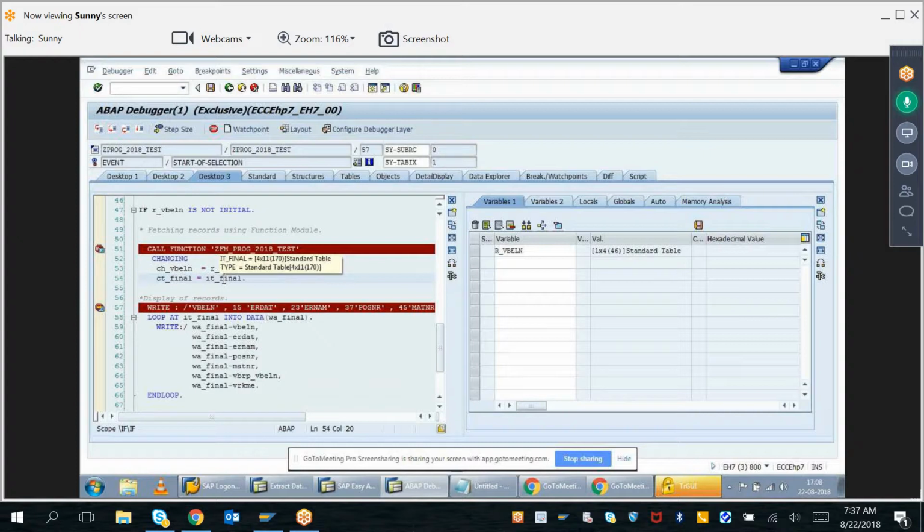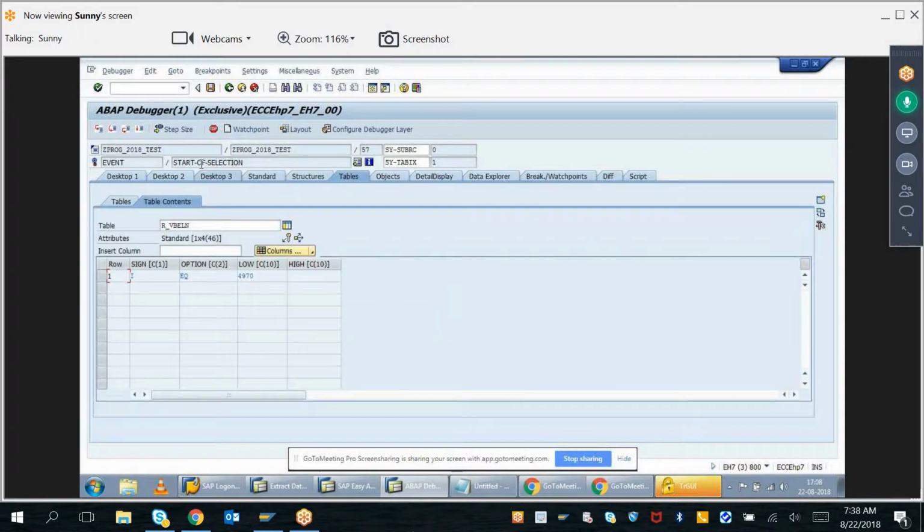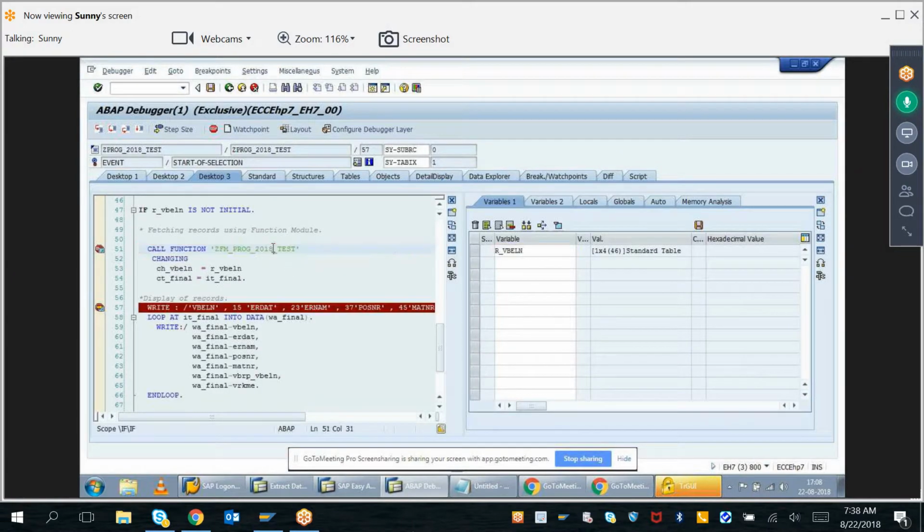Are you still confused? Yeah, sir, a little confused. Like initially you gave 00, we gave value. Yes, I gave 00. Before it is calling the function module, my R WebLAN was all zeros 4970. When it went inside the function module,